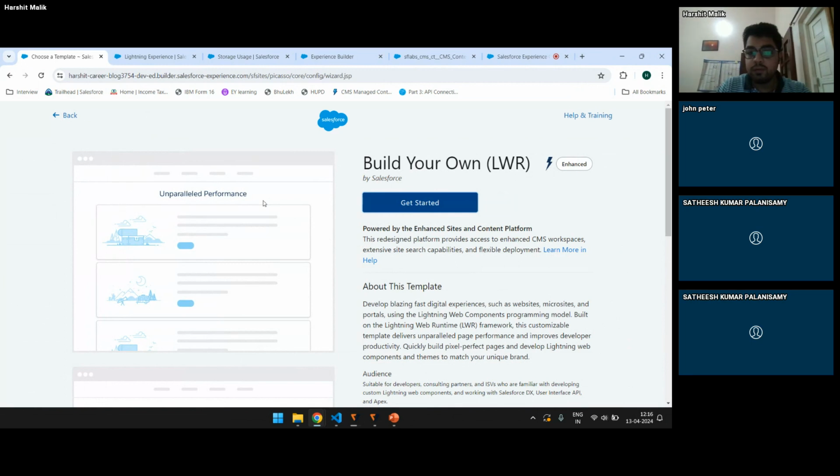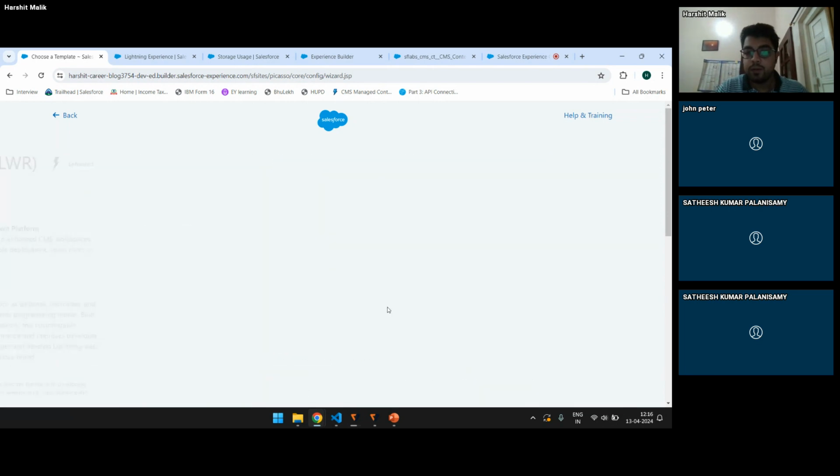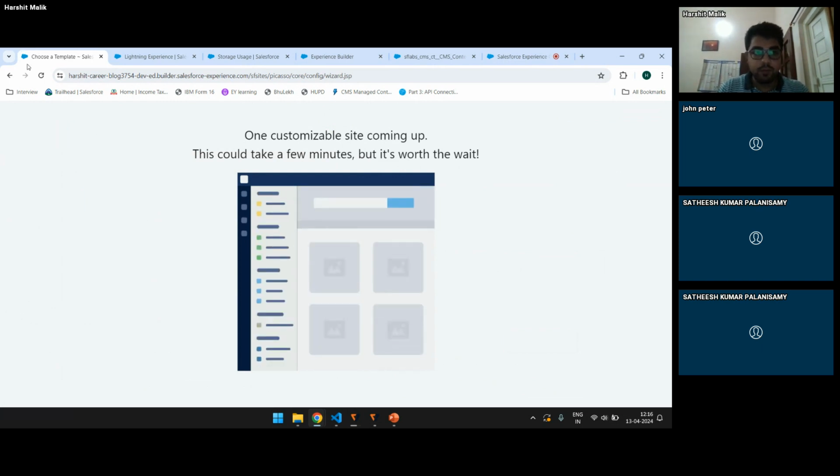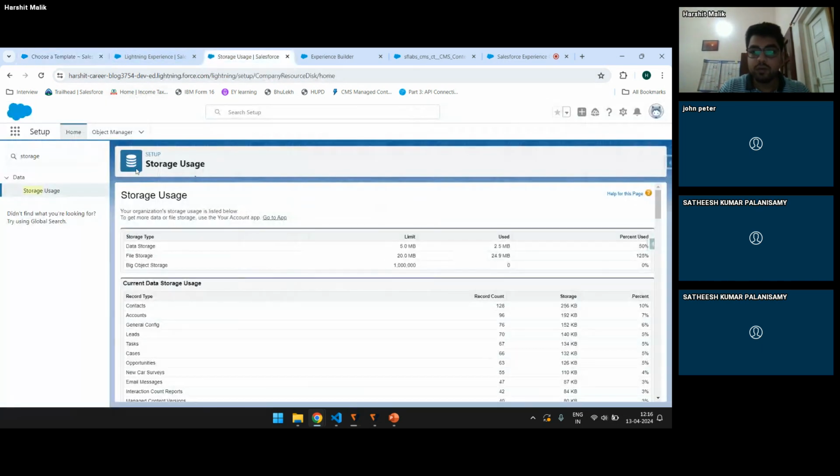Here we'll be starting with Build Your Own as a theme, because here you can play with your own theme and align everything based on the color palette. Everything you can do here. So as you can see, before setting this up, we have to make sure that we have a domain set,